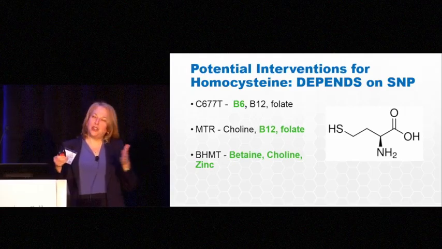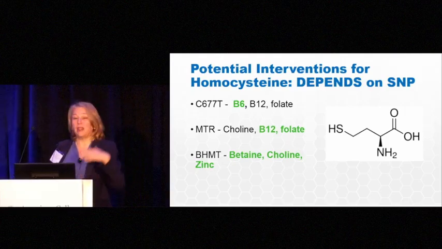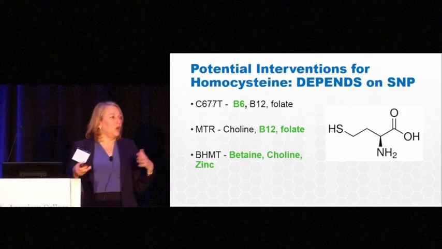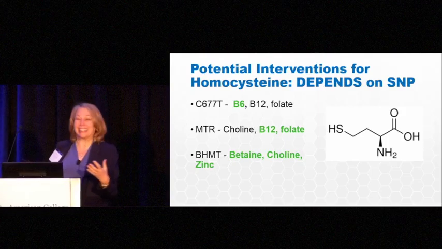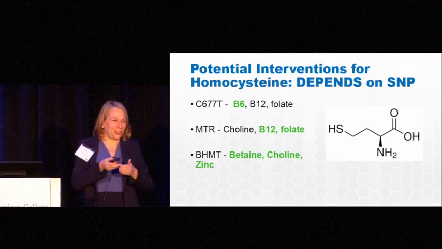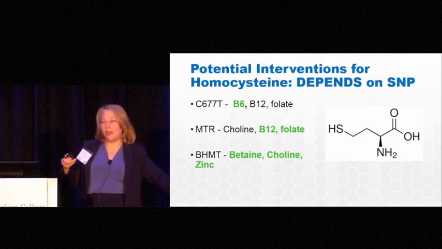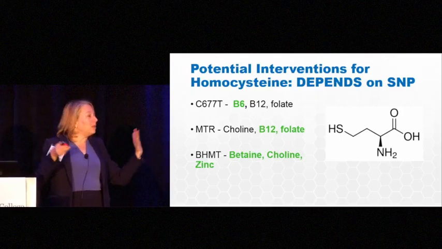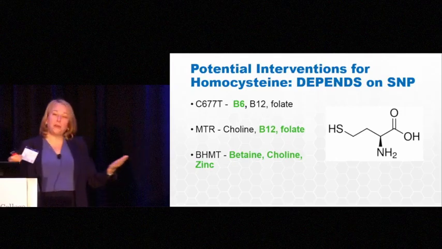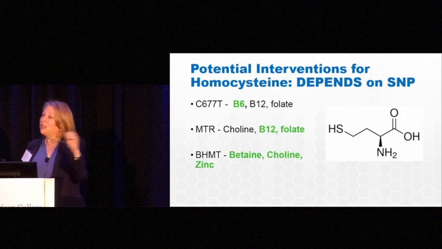And again, that allows you to counsel the patient, saying, here's how you can do it with food. My dietitian has made wonderful lists of all the different foods. Come and see me if you want to know how you can get access to all of those. I had her do all the different handouts. Here are the high betaine foods. Here are the high choline foods. Here are the high methionine foods, because lowering methionine can also help. And all of these different things can help you do targeted nutritional interventions as a first step